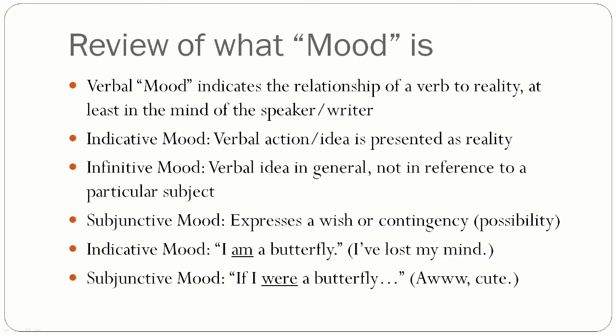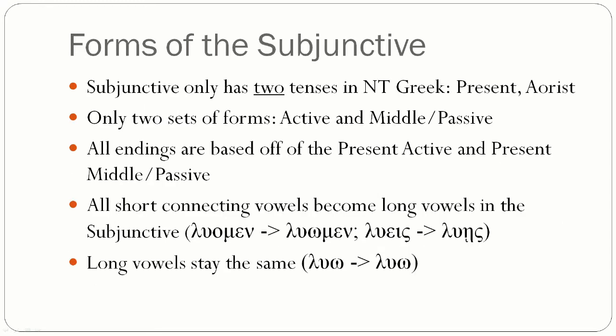So there's the idea of verbal mood and an introduction to what the subjunctive is. When we go to the forms of the subjunctive, fortunately, the subjunctive mood is very simple in Greek. Rather than the 6 or 7 tenses that we have to worry about in the indicative, or the 3 tenses that are generally